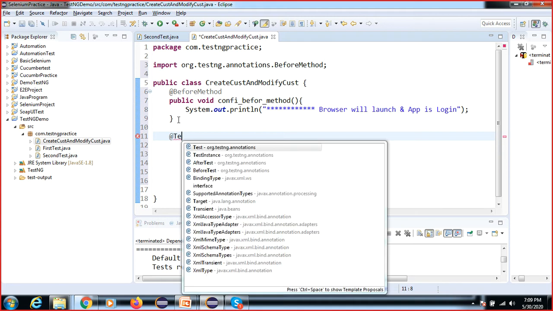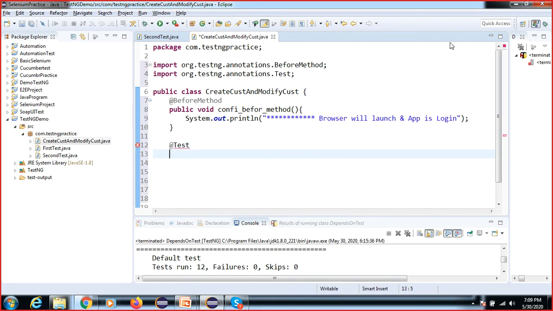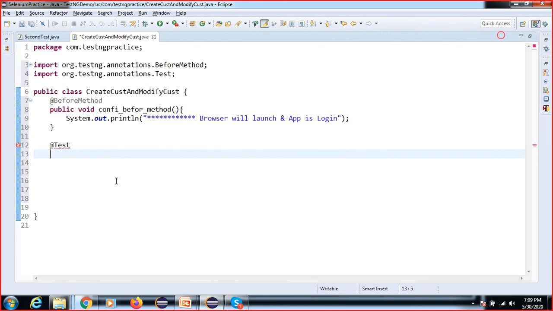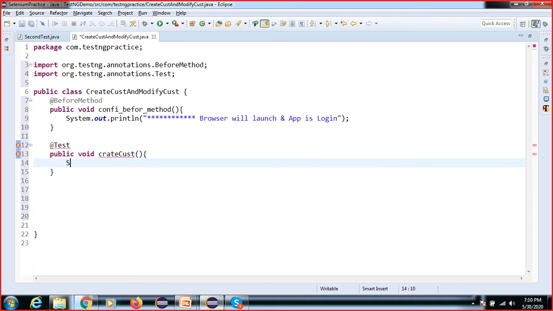So we have the test cases. What is the test case? Public void, the test case name is create customer, right? Here we have one test case, create customer.